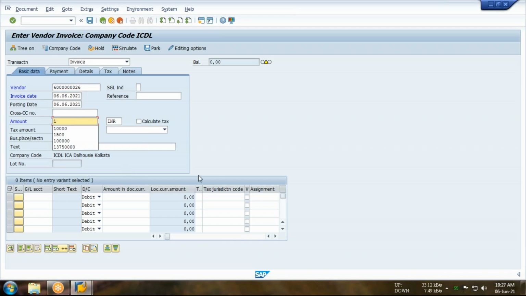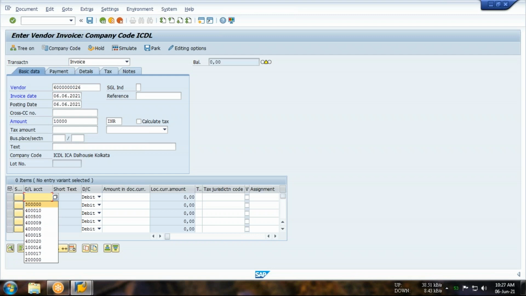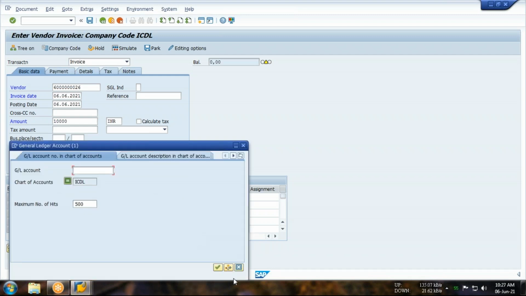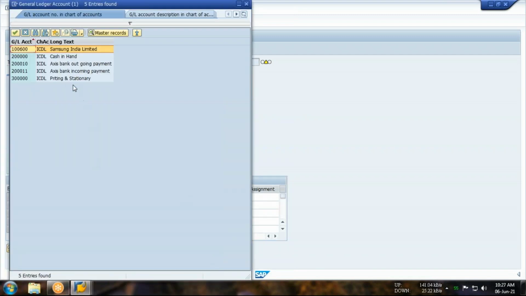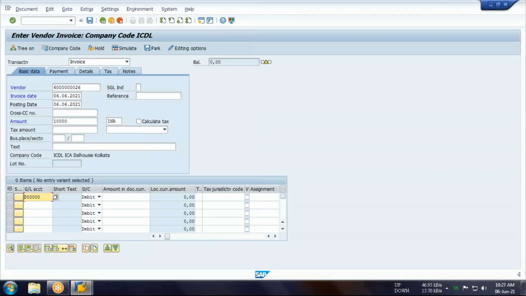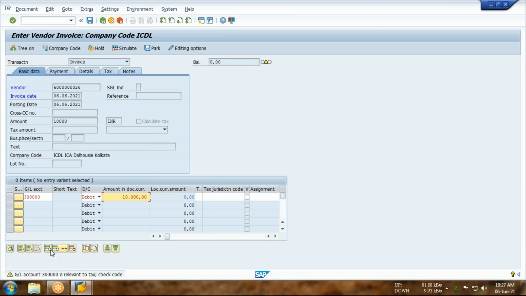Amount, say for example, 10,000. I'm just showing you how to post the invoice. At the time of posting any invoice, if you get this warning message, it will not stop you from posting, but it will hold for some time.